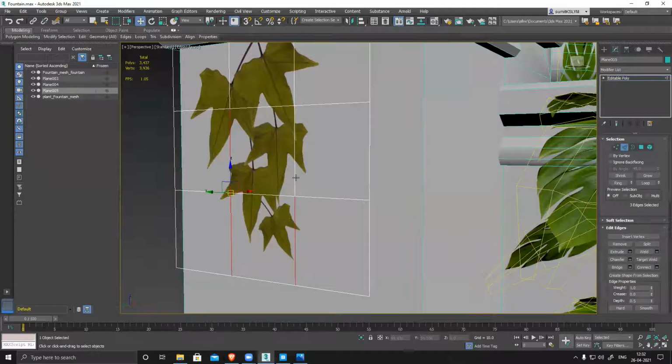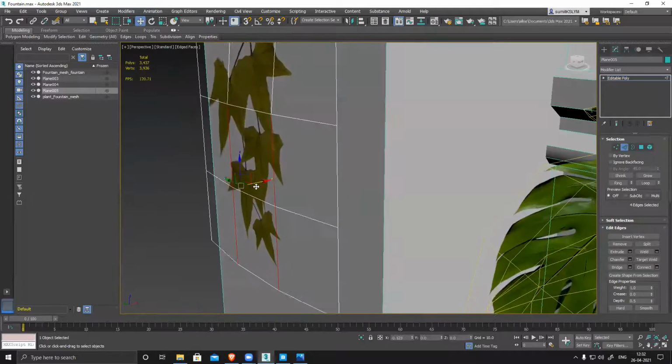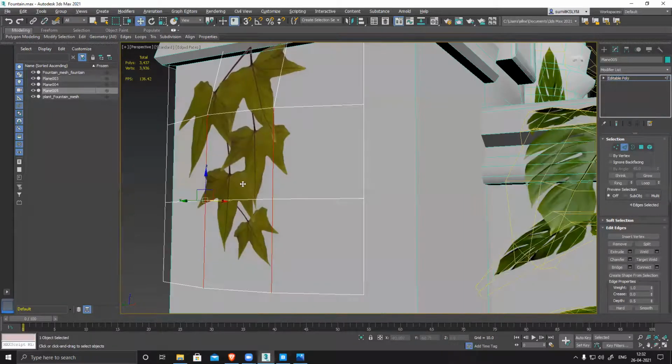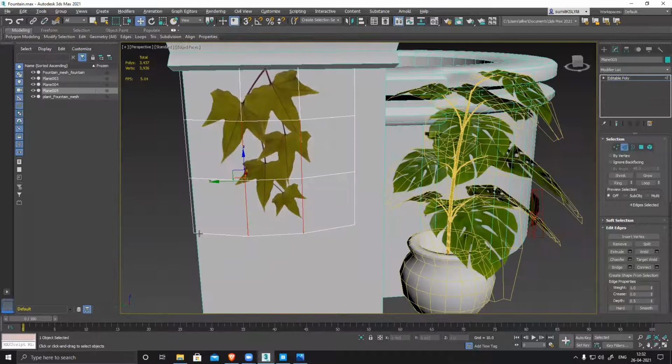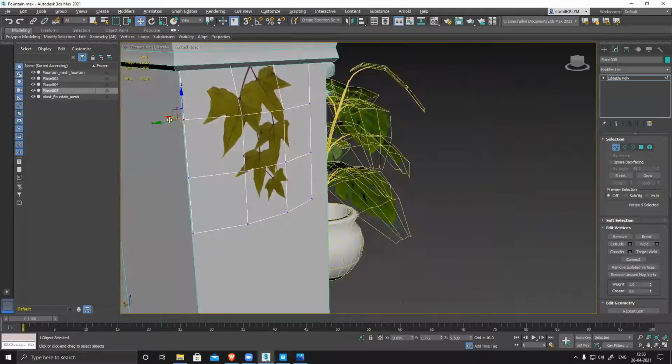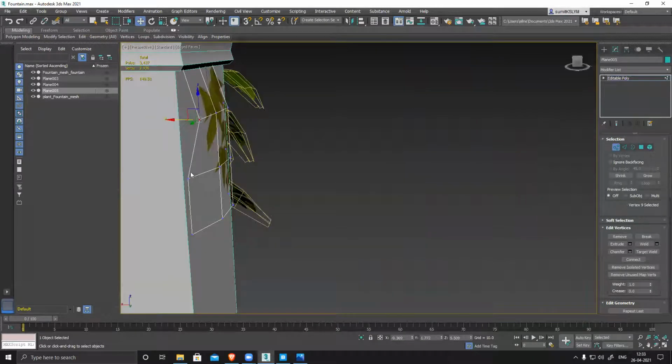Control click, control click. Total volume. Just making it a little uneven.